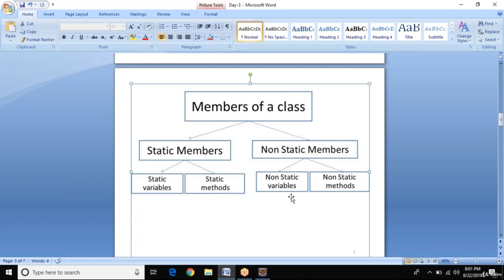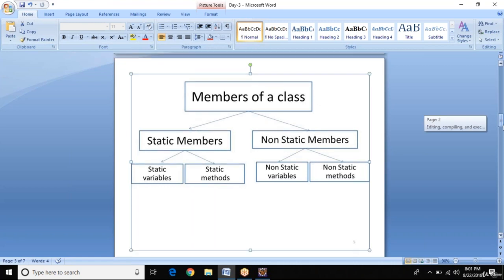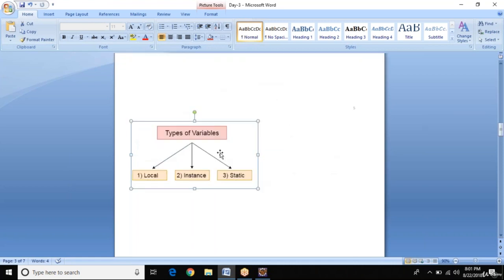A non-static member is also called an instance variable or instance method. Today we will see the difference between a static and an instance variable, and how we will use them. As you know, static is a property of class and instance is a property of object. We will see this concept through a demo.